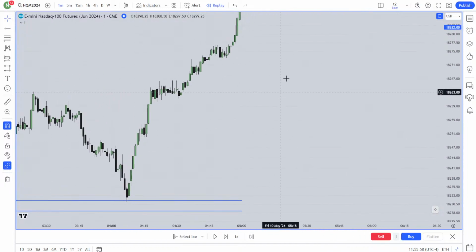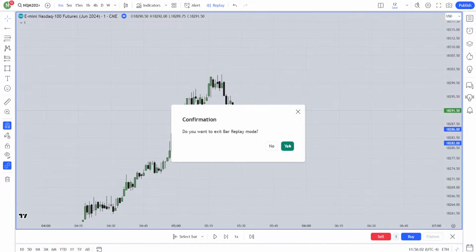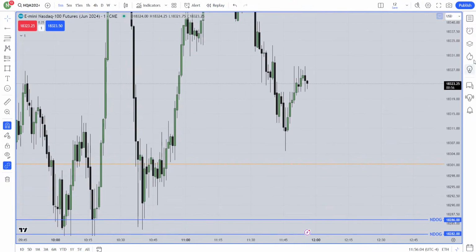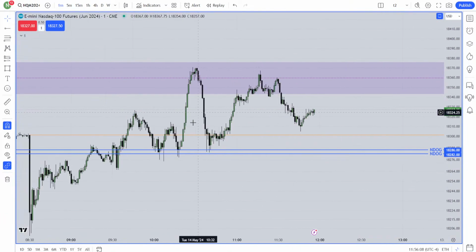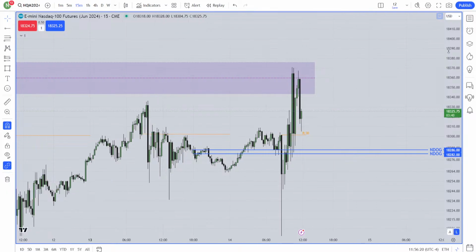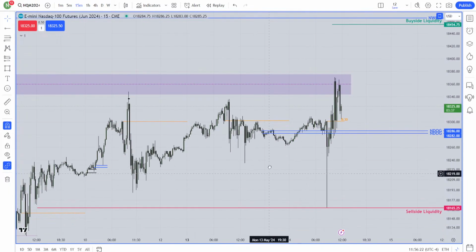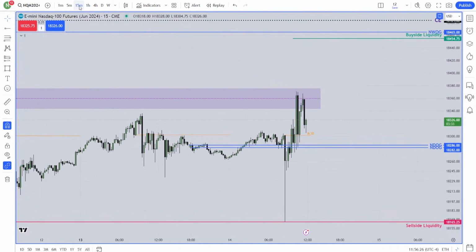Yes, some days maybe you will never find a setup. But I don't care, you will get at least 5 setups in a week, you will get that for sure. And out of 5 setups, 4 will work if you can mark the buy side liquidity and sell side liquidity from the 15-minute chart, again not from the 1-minute chart, from the 15-minute chart.